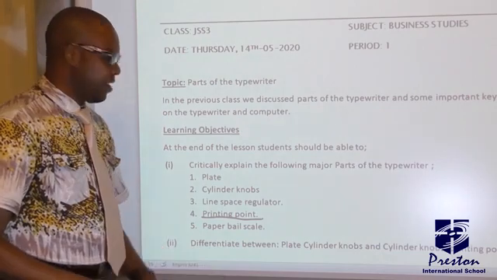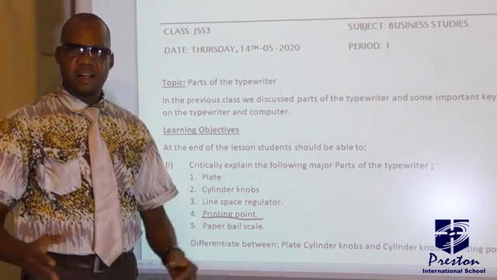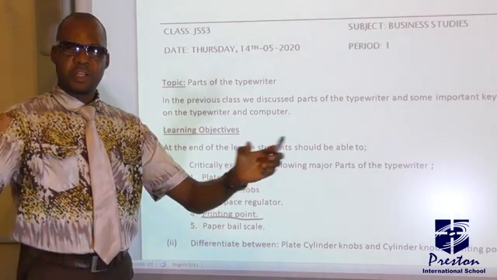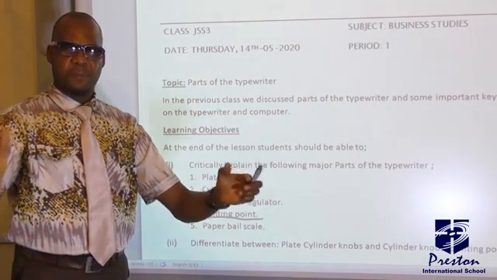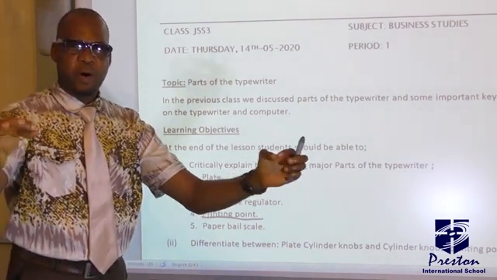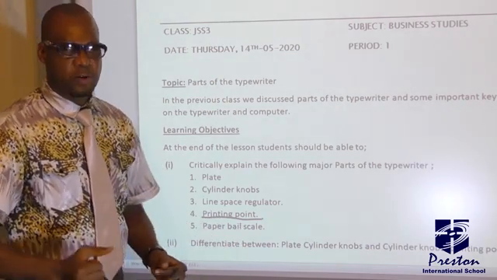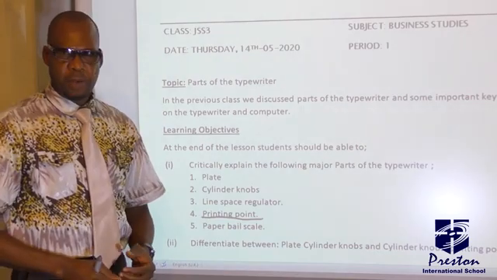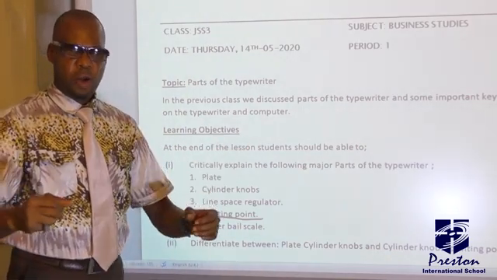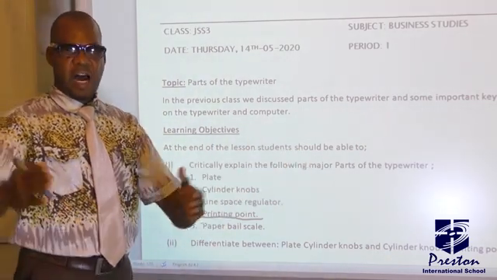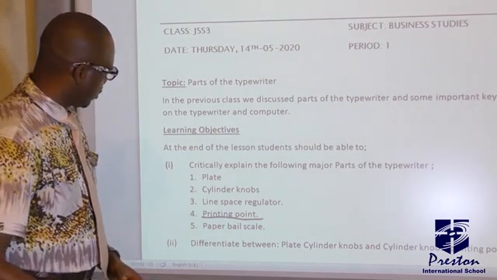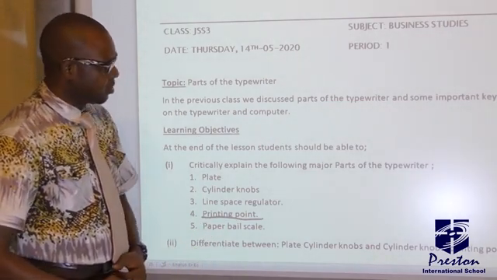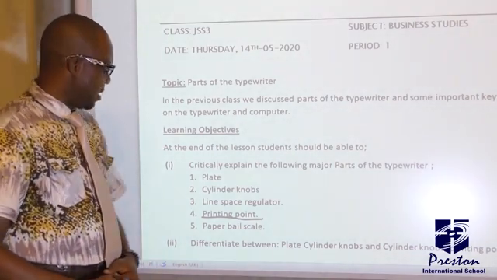The paper bail scale is a scale on the typewriter that shows the particular point you want to type. And when you look at the typewriter you have at home, or you look at it when we are giving you on your Google Doc, you see there's a scale there showing where the typing will start from and where it ought to stop. Don't forget, I've given you class starts and also a starter activity.